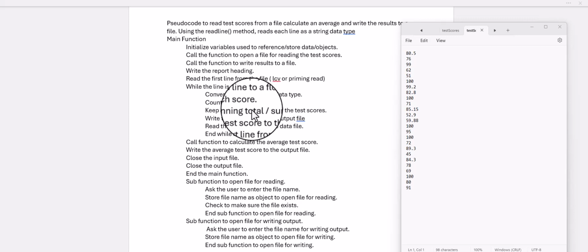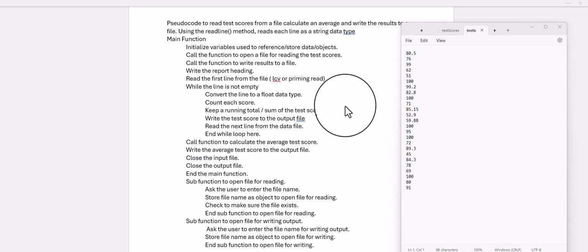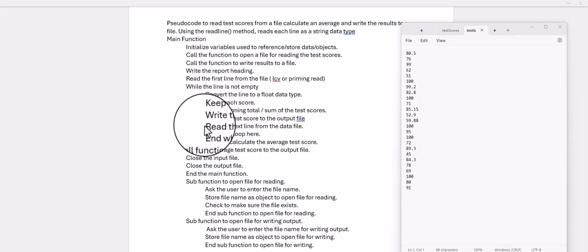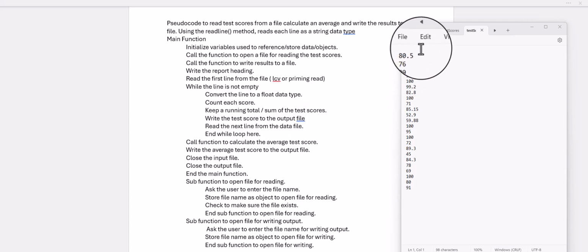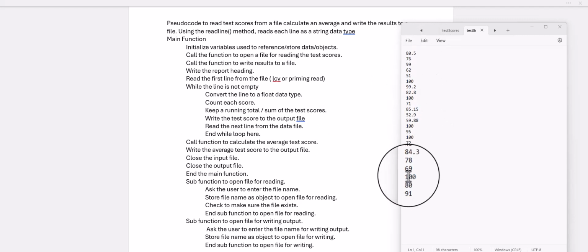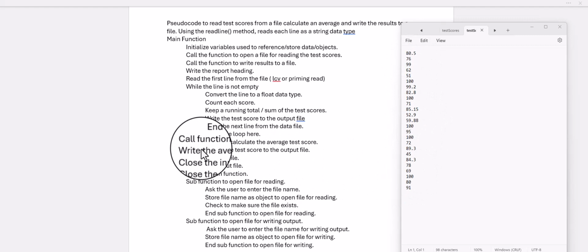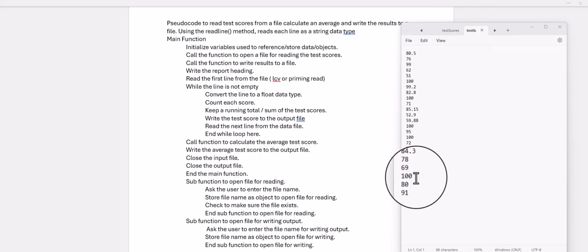It counts it, keeps a running sum, writes the test score to another file, and then now we read the next line. So when we use this next read statement, that's what tells the computer to navigate or move down to the next line to read the next line. And once all of this is done,